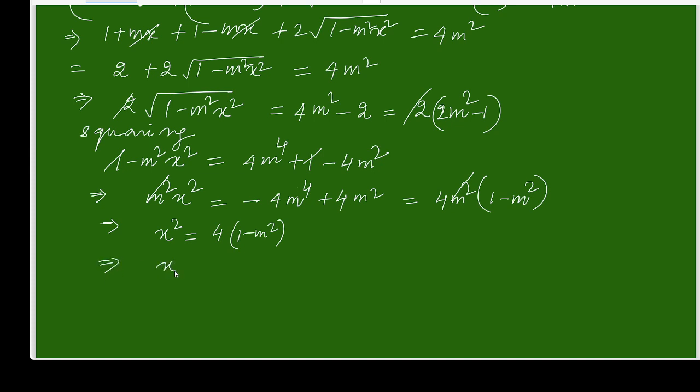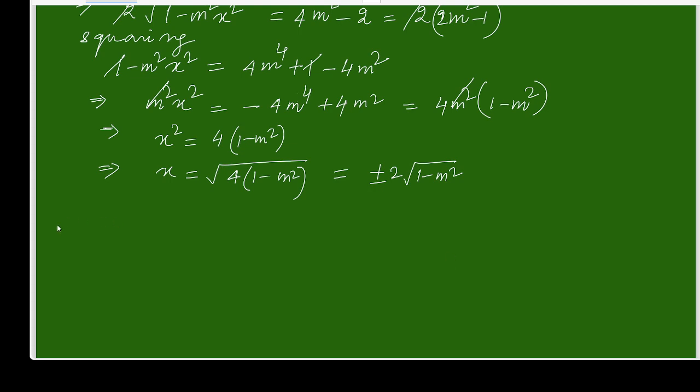So what will be x then? x will be square root of 4 times 1 minus m square. It can be written as plus 2 or minus 2 times square root of 1 minus m square. So we got x in terms of m: x is equal to plus minus 2 square root of 1 minus m square. Now defining what will be the value of m, because the value of x is depending on m. First, since it is a square root, it should be greater than or equal to 0,